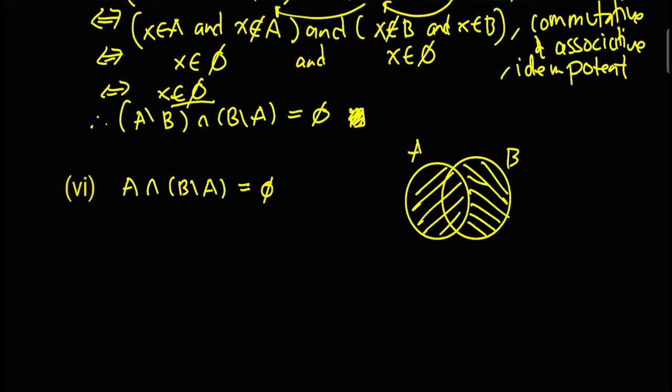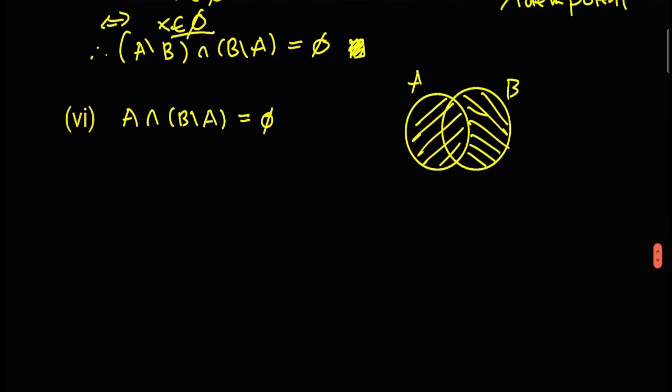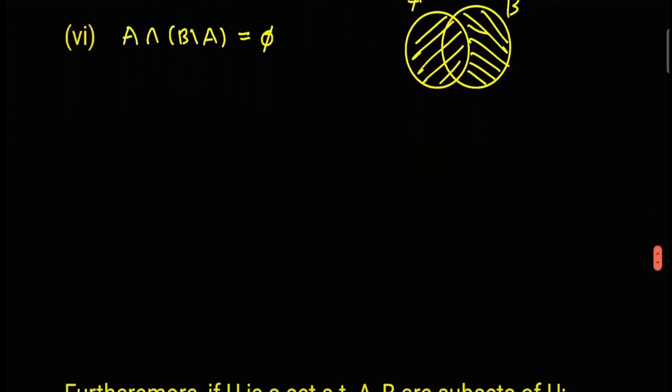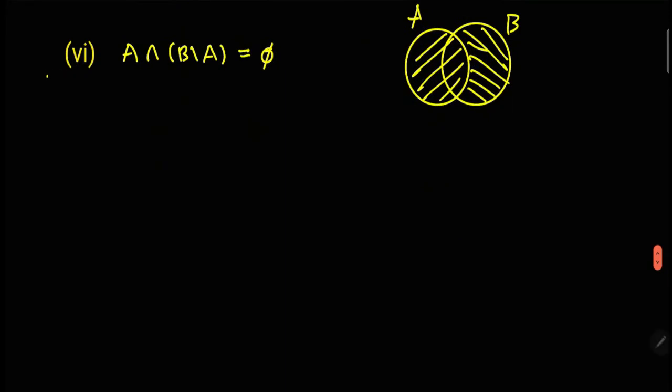So we'll use the same technique to show the equality. We just have to get an element from one side and then show that it is also in the other side. Okay. So for every x in the left hand side,